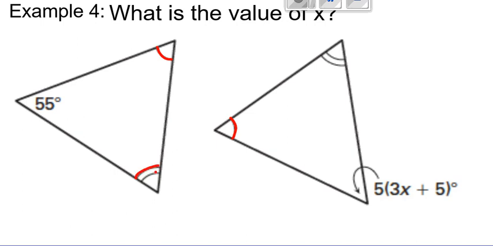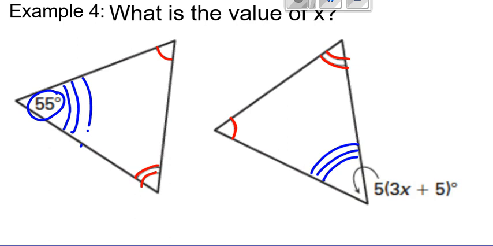This doubly marked angle is congruent to this doubly marked angle here. That tells me that because those two angles are congruent, my third angle theorem says then the third angles must be congruent. All right, so that tells me now that 55 degrees is equal to my algebraic expression over here,